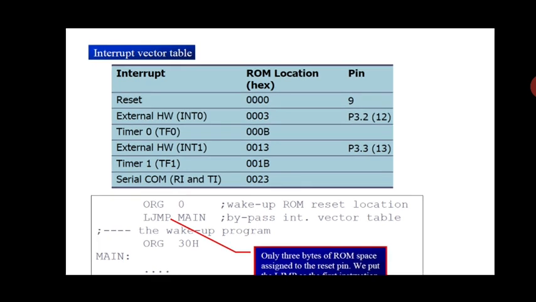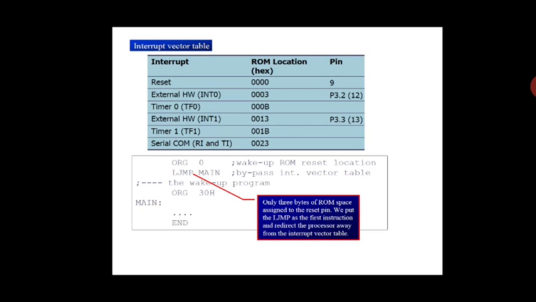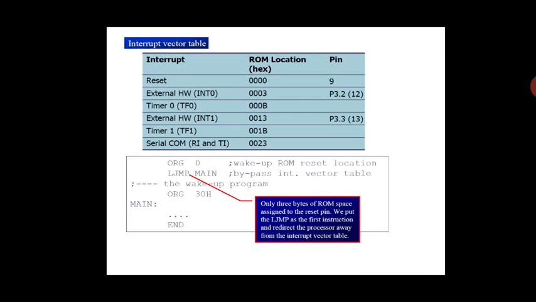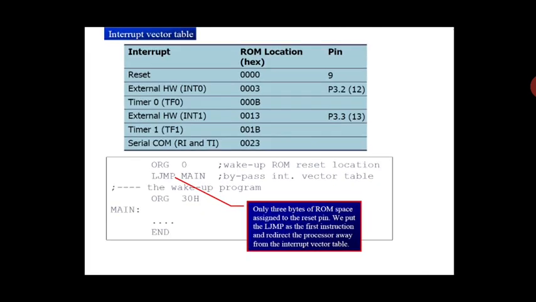This is the simple instruction code we have written here. ORG 0, LJMP main. There is a very important point to remember here: the interrupt will be served with a long jump, because we may not know whether it is near or far, so we have to give LJMP, a long jump. Then ORG 30: look at this, we have stored main at the 30th location. Main begins at the 30th location, and it will end and go back to the main program.